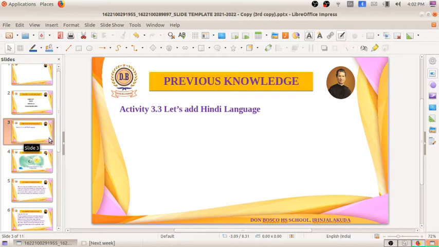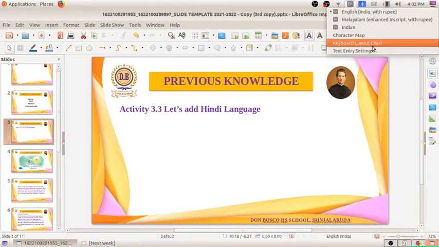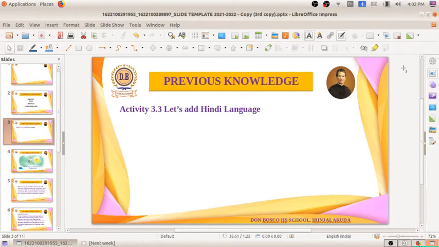We already know about the different keyboard layouts of these languages. When we compare the keyboards, here you can see the keyboard layout chart. When we compare this Malayalam keyboard layout chart and the Hindi keyboard layout chart, what is the main similarity you noticed? All the keys are the same.